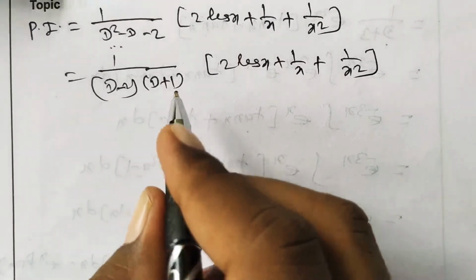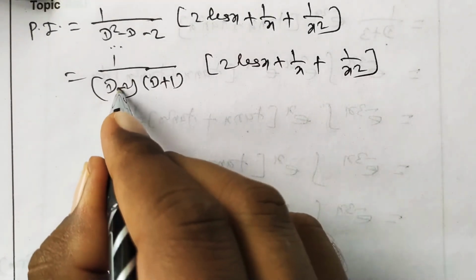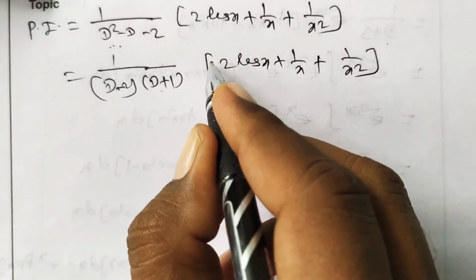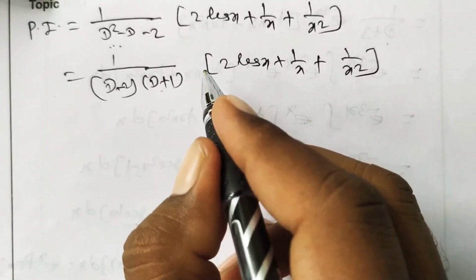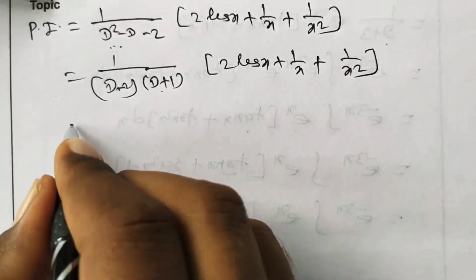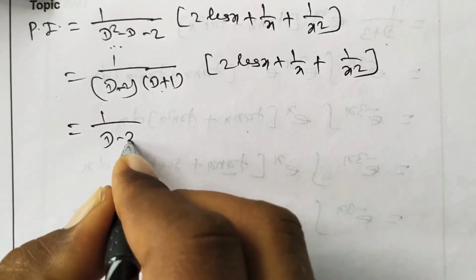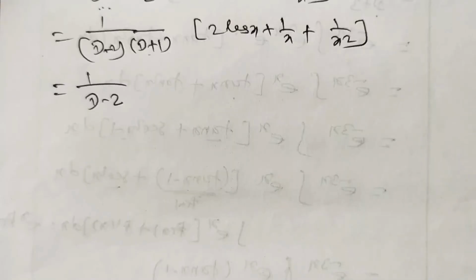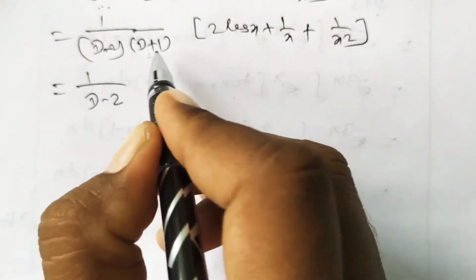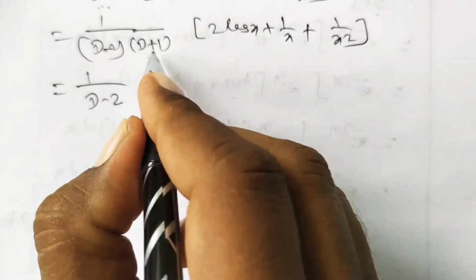Now we have to choose one factor here. The first factor is either D minus 2 or D plus 1. I think if we take D plus 1, then we will get e^x as a multiple. So we can use the same formula, that is e^x into (f of x plus f dash of x) for integration. So keep D minus 2 as it is and use 1 upon (D plus m) into f of x. So first take the factor D plus 1.